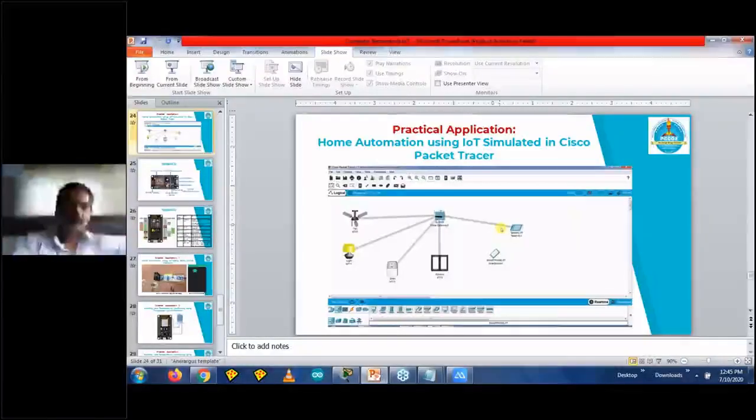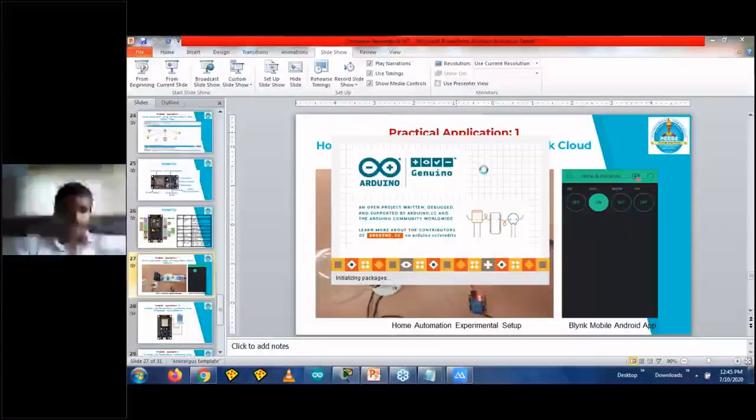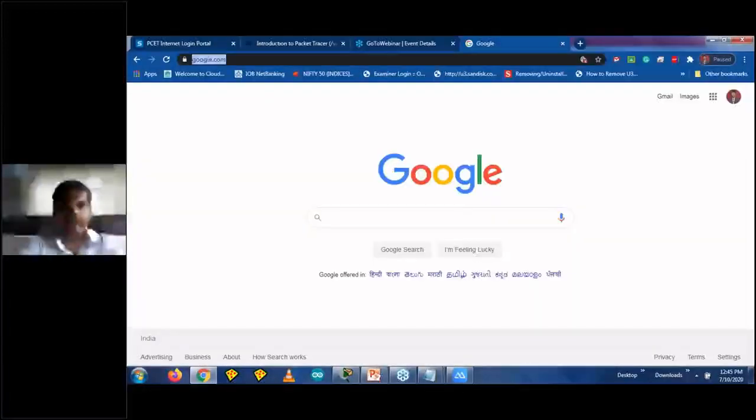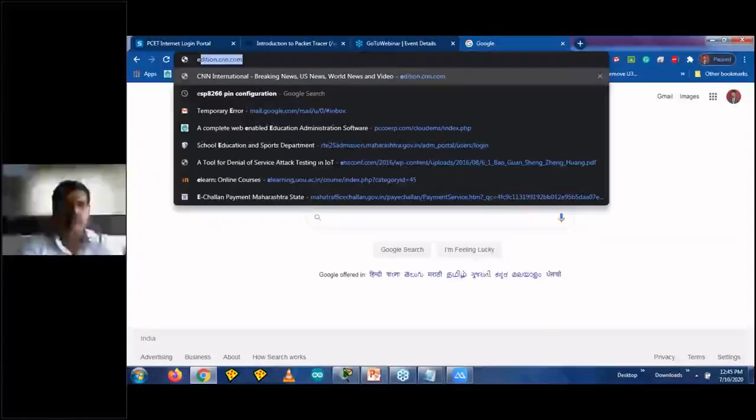Now open the Arduino program, and you need to write some small code here. I will not go into details about how to write that particular code, but I will show it on a sample example. So you need to visit